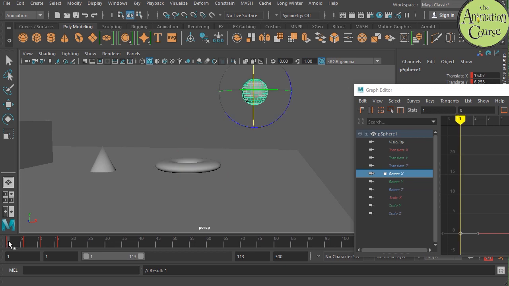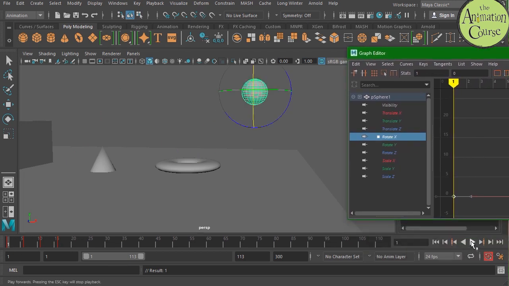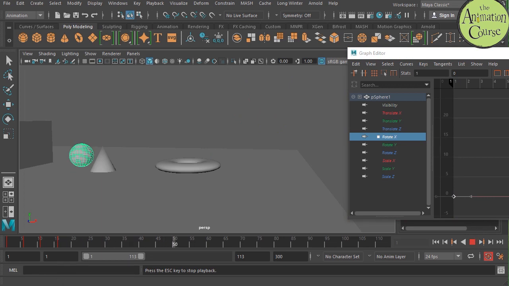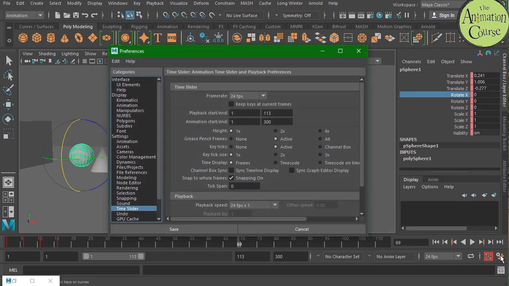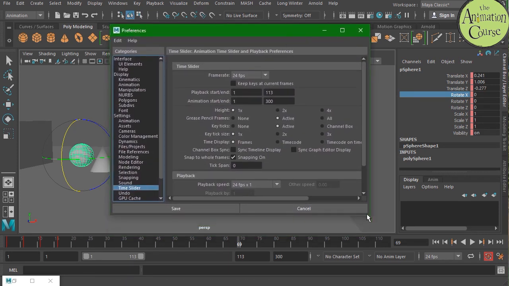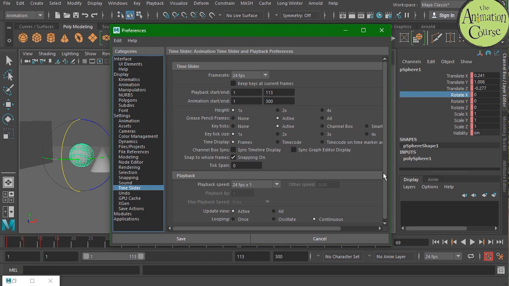Now I can look at my animation a couple of different ways. I'm left clicking and dragging back and forth, and you can see that I am doing what's called scrubbing to be able to look at my animation. I can also at any time hit the play button, and it will play my animation. Now this brings us back to that moment earlier when I had our preferences open. Many times the default setting for Maya is play every frame, and the maximum playback speed is free. And if you can see, if I save this,